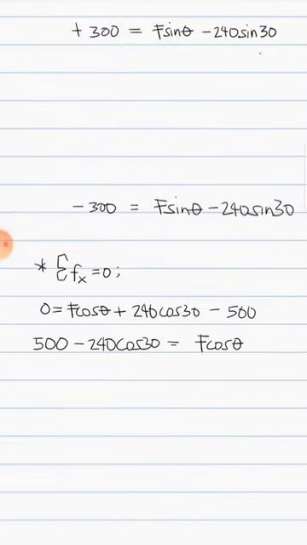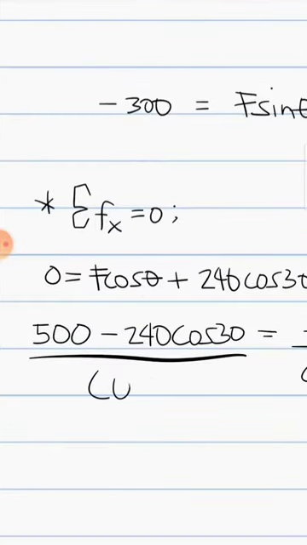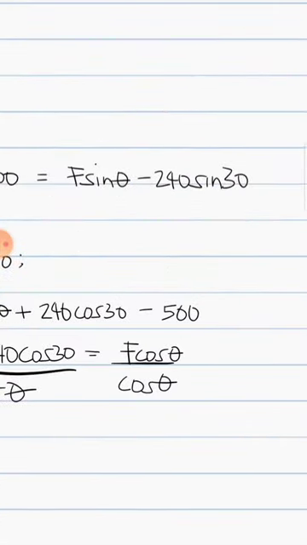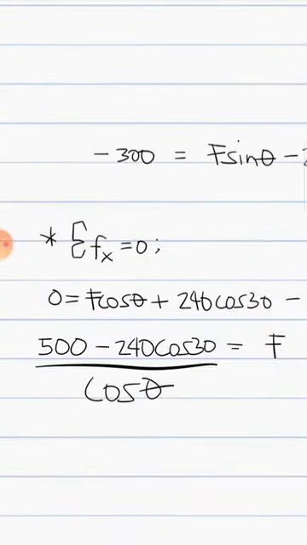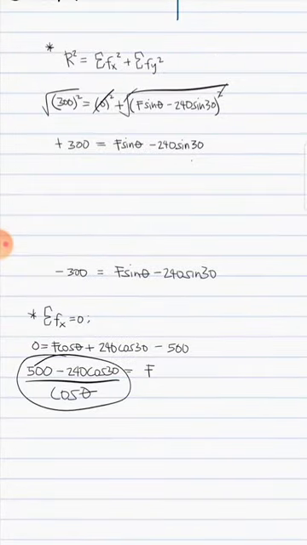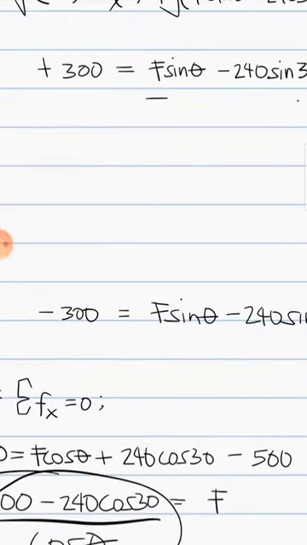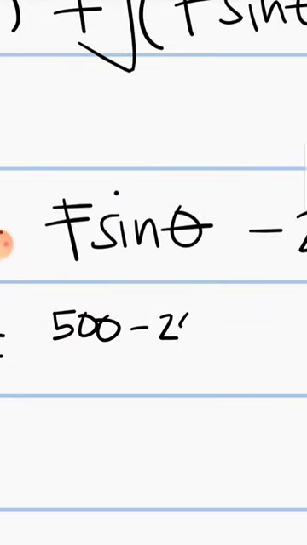And if we divide both sides by cosine of theta, we now have the value for F, which is this one. And we only have to find what theta is to get the force F. So by substituting this equation we got for F from the first equation, since F is equal to F, we can substitute it there. And if we do that, that's 500 minus